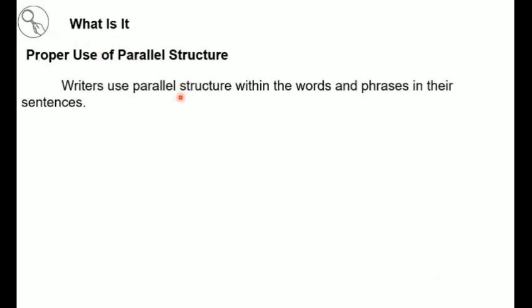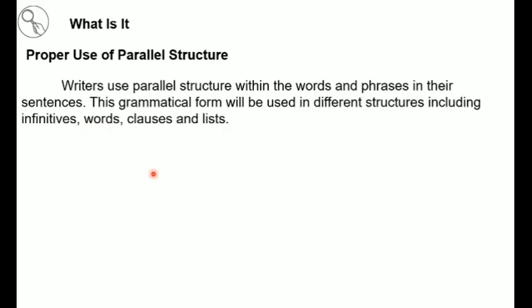Okay. Under what is it? Proper use of parallel structure. Writers use parallel structure within the words and phrases in their sentences. Okay. This grammatical form will be used in different structures, including infinitives, words, clauses, and other lists. Okay. Now, it means that